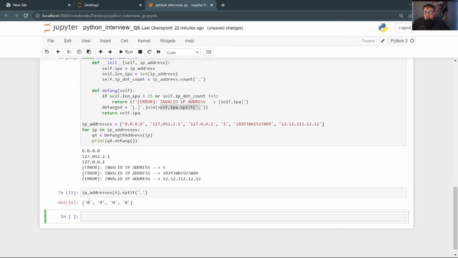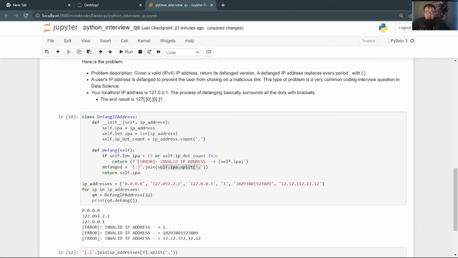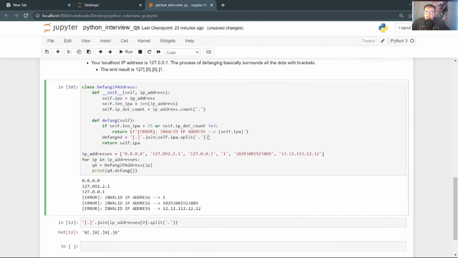So yeah, see here, splits 0 0 0 0, and then if we do dot join, we can really test it on exactly what we want to do. So yeah, see, it joins it. It's exactly what we want to do, but we're going to do it for each IP address that we're passing in. So after we do that, we can return a statement giving the user a clear description of what the defanged IP address is,